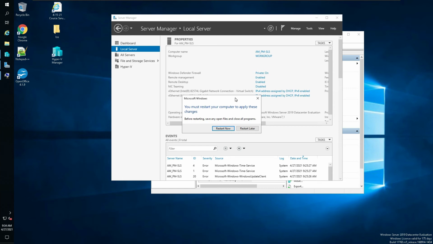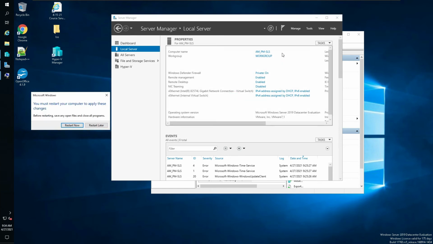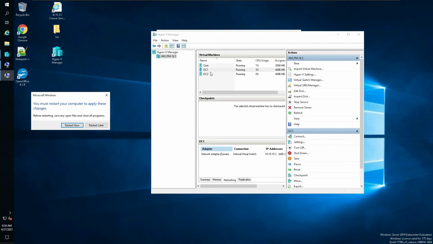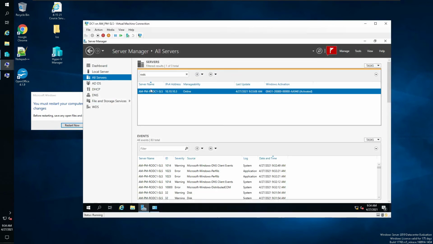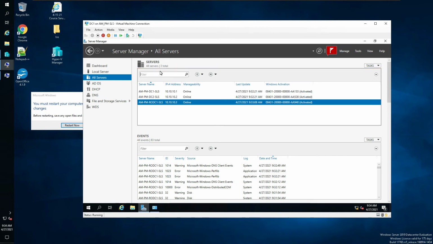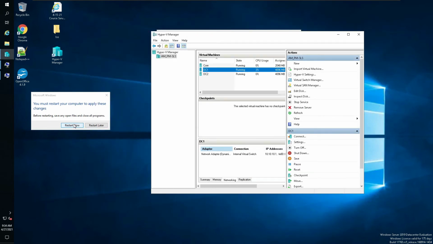If I restart my host, it's not just restarting my host, right? It's going to restart all that stuff going on too. So let's just make sure that that's done. And now it says it's online. That has restarted, and everything's good. When I restart my computer, it should automatically pause everything that's going on right here. So I'm going to say restart now, and it should pause all those, restart the computer, and unpause them when